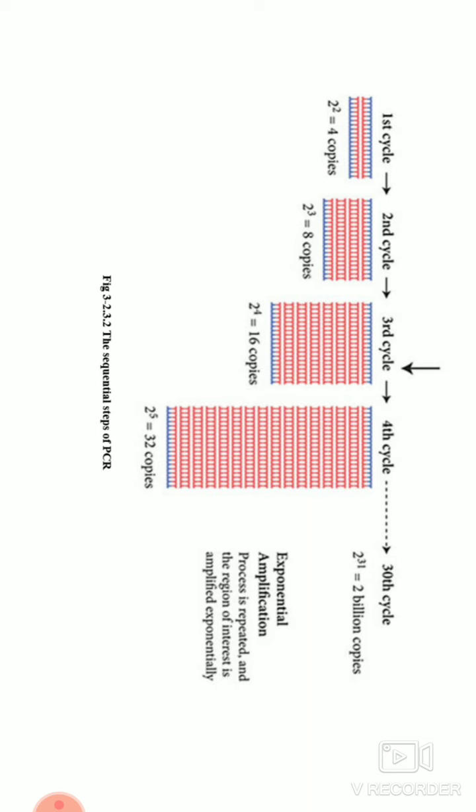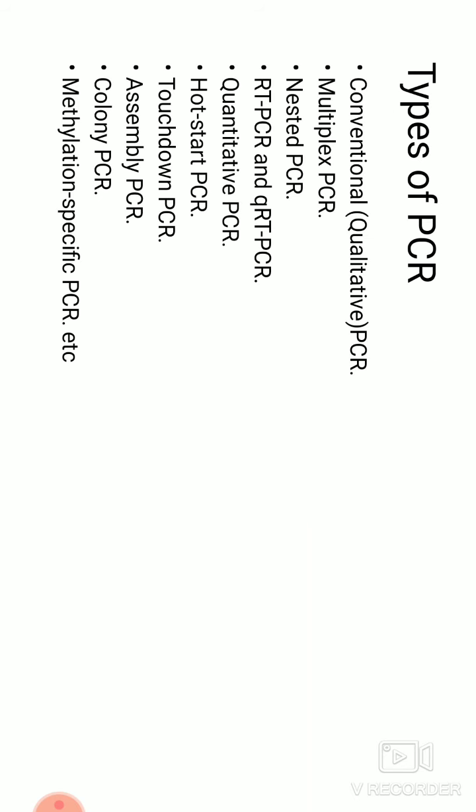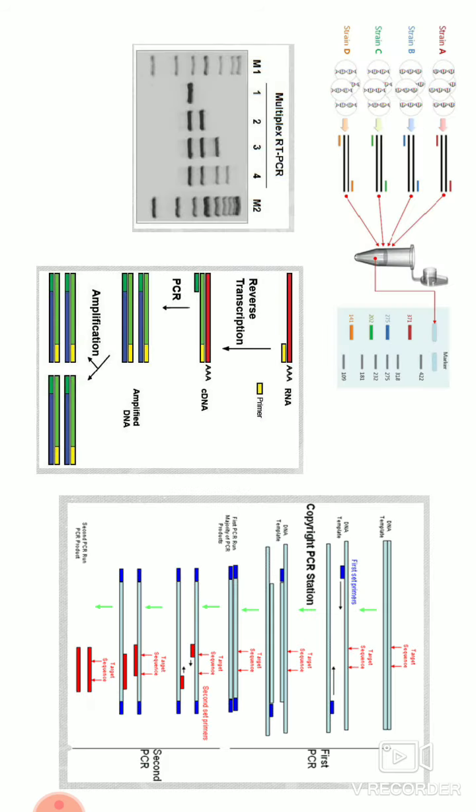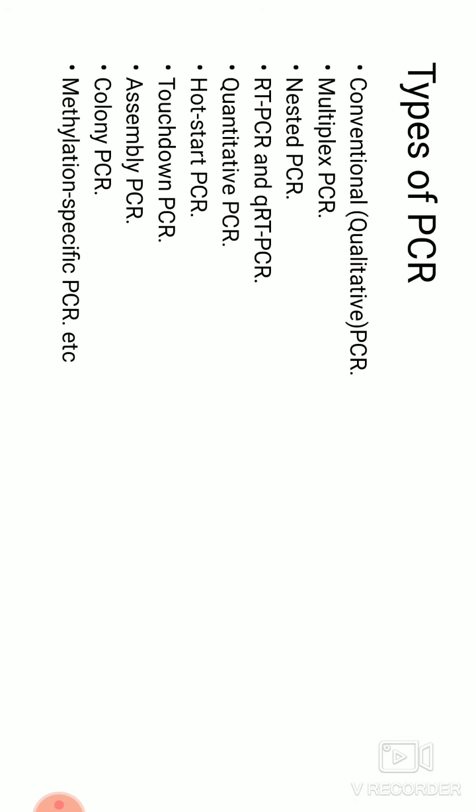or designing the primer. The annealing temperature you have to decide in such a way that it is selectively amplifying your product of interest. Coming to application, it has huge applications in forensic, in diagnostic, but I have given it in terms of the type of PCR. You can also think of the application process. You can have a conventional PCR where you are targeting one particular type of gene, and then that is amplified, like what I mentioned.